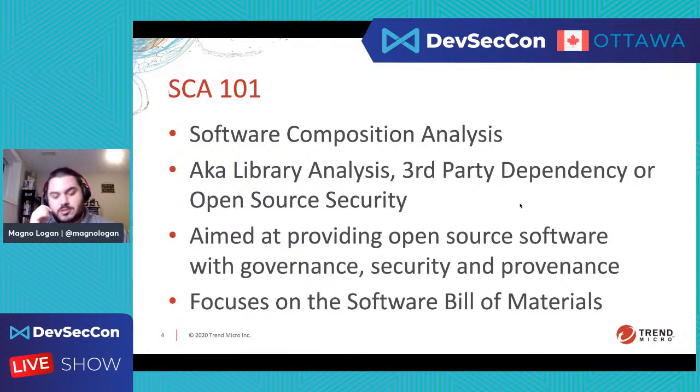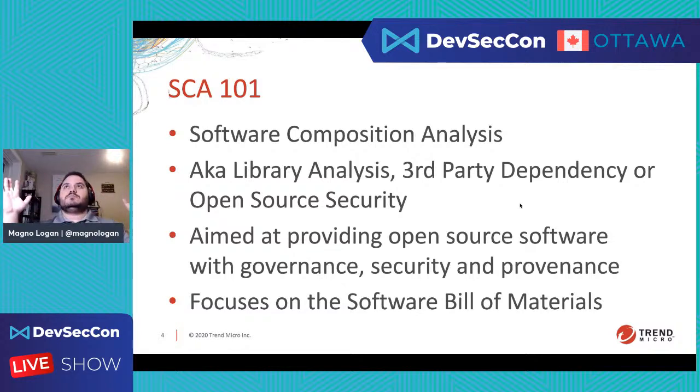There are some other features as well, like license verification, to make sure that if you're using open source software, you're not breaking that license. If you need to share the code of your application as open source as well, you are aware of that and you agree with that. Different things that we're going to talk about today.